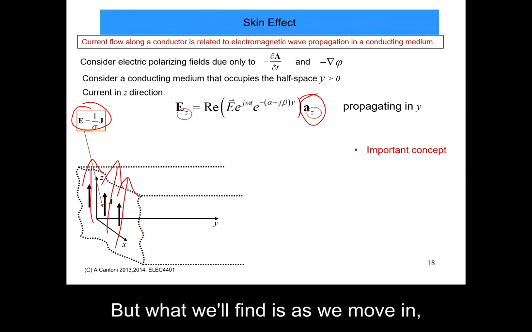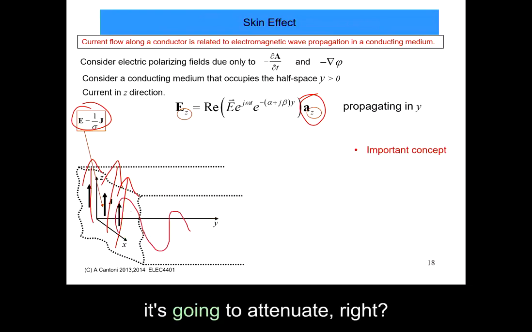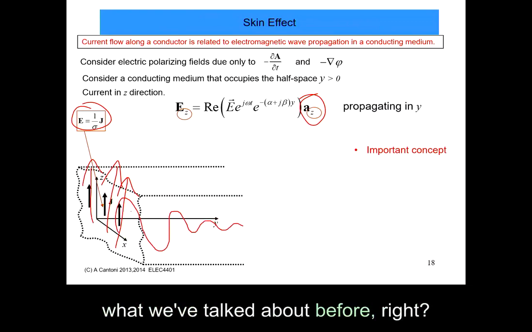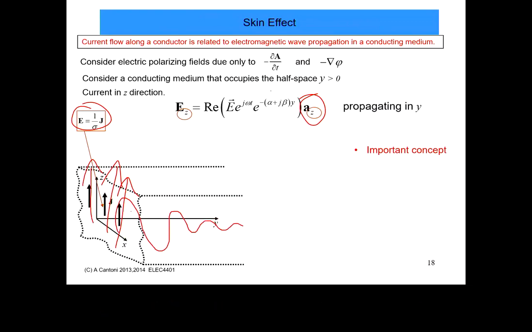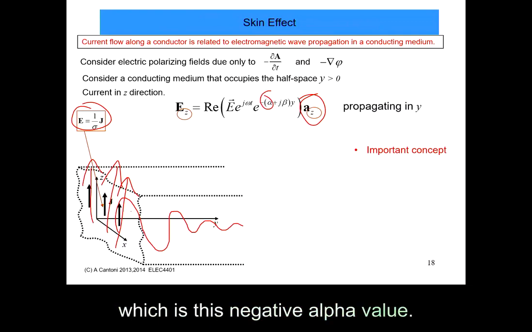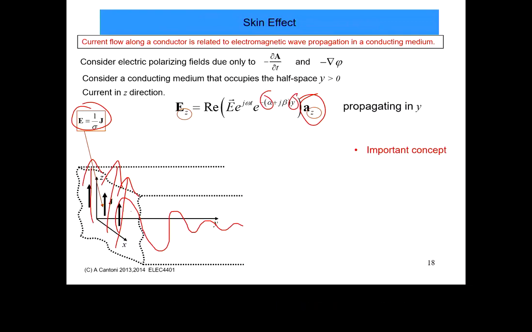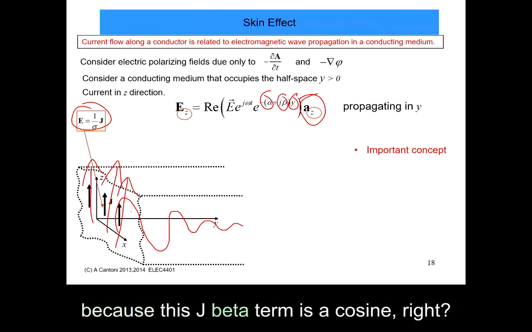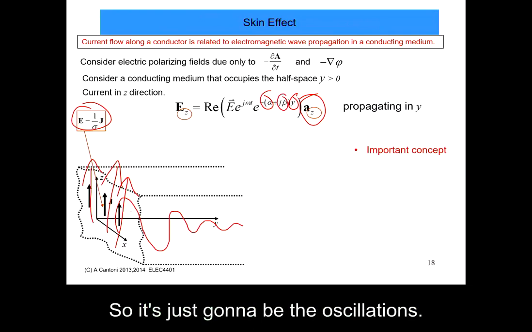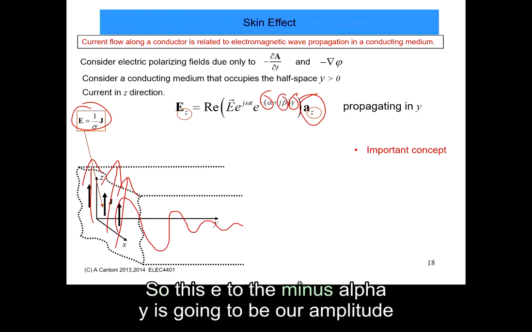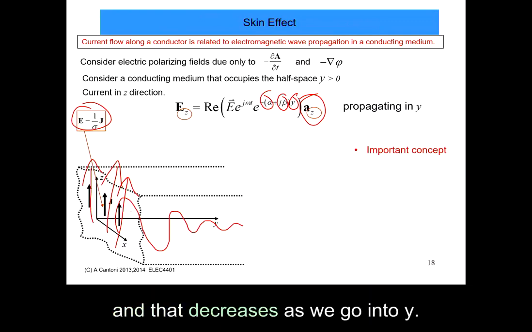But what we'll find is, as we move in, it's going to attenuate, right? Does that make sense? What we've talked about before, right? We have our attenuation value, which is this negative alpha value. And so that's going to attenuate as it moves into the y direction, right? So that value is going to get smaller as it moves in, because this j beta term is a cosine, right? So it's just going to be the oscillations. It only goes between 0 and 1. So this e to the minus alpha y is going to be our amplitude, and that decreases as we go